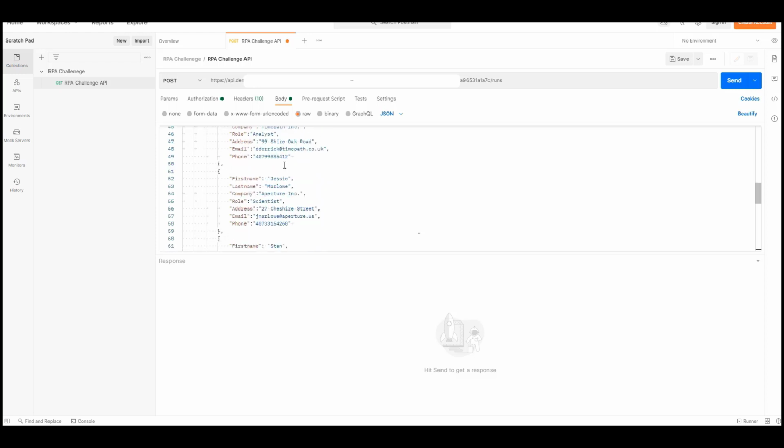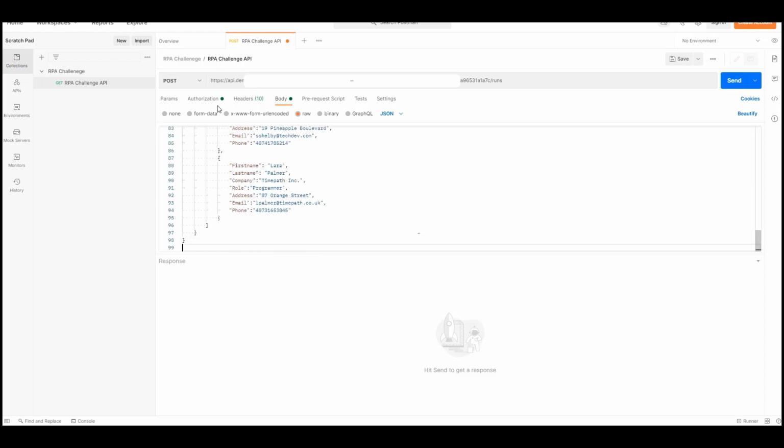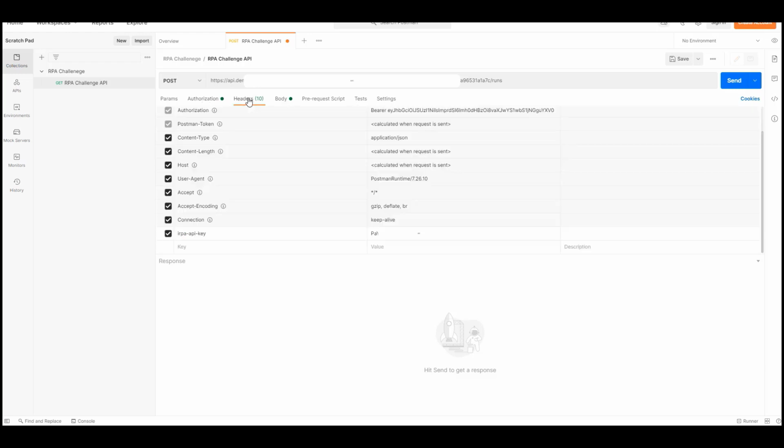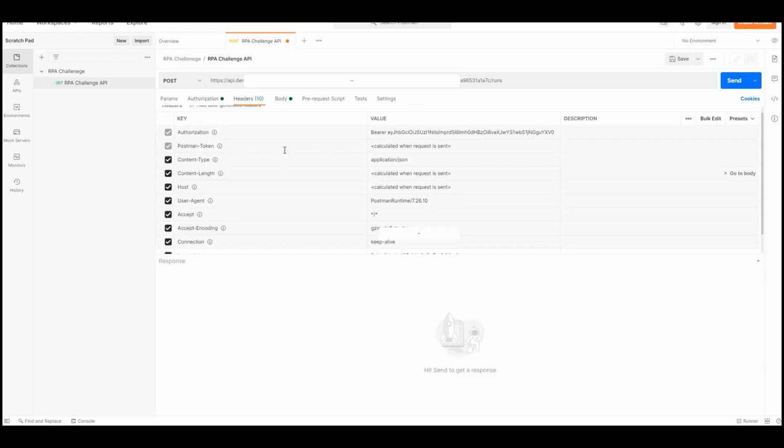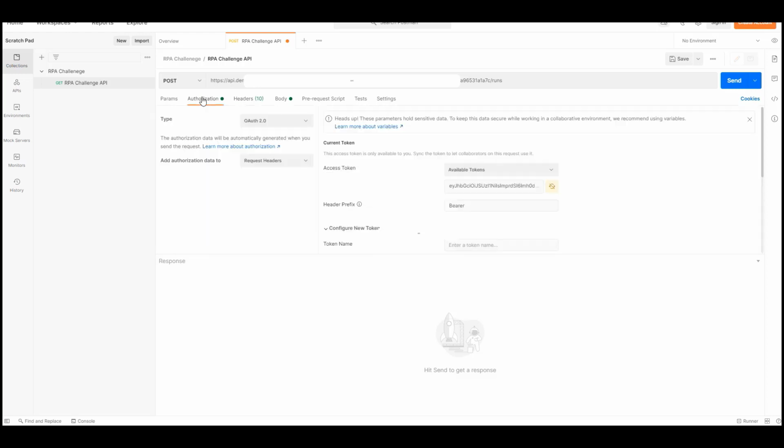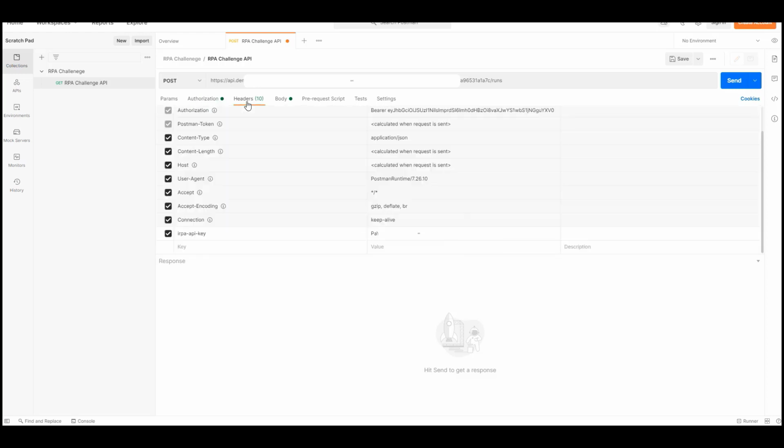Within the payload we have copied the data for the 7-column 10-row Excel file that's expected by the RPA challenge website. Now within the header tab, we place the authentication details provided by the SAP Business Technology Platform and the API key we generated, and then we post this request. A synchronous response comes back, which has the job UUID for the automation run that will now be started by